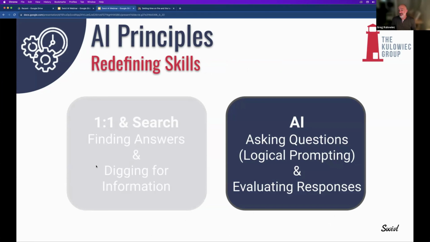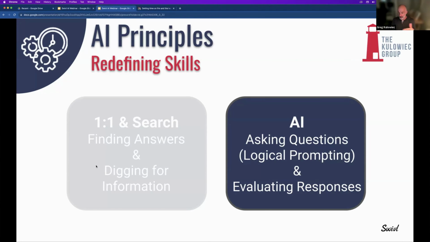We don't necessarily even need to dig for information. We can get it presented to us in the way we want if we know how to ask questions, be curious and logical at the same time. So anytime I talk about AI with educators who are newer to it, trying to wrap my head around this capacity, it's a genius on the other side of the door that you cannot open and talk to. You have to be curious and creative. You have to ask questions, ask them logically, and slide a piece of paper under the door and keep your fingers crossed that you crafted the question in a way that makes sense. And if you did, you'll get solid information back.